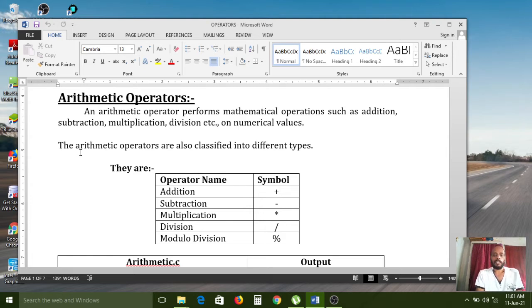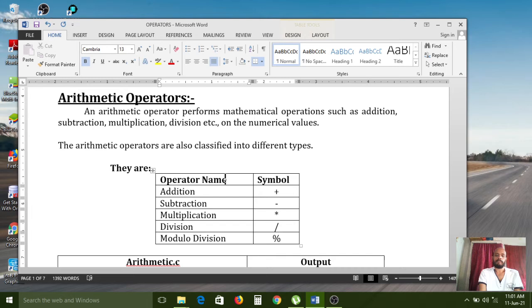An arithmetic operator performs mathematical operations such as addition, subtraction, multiplication, division, etc., on numerical values only. Each and every arithmetic operator can support only numerical values. The arithmetic operators are also classified into different types.